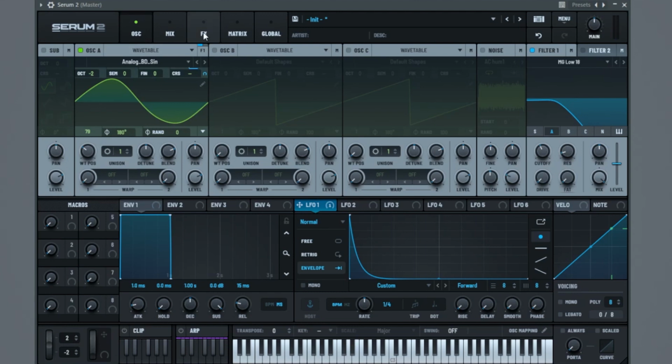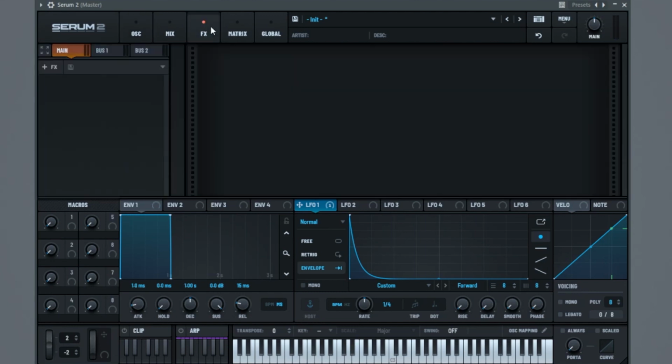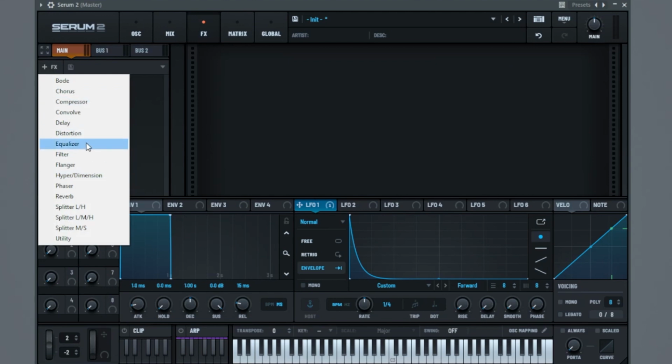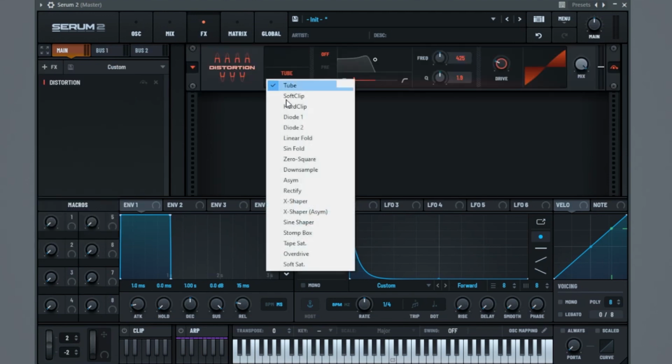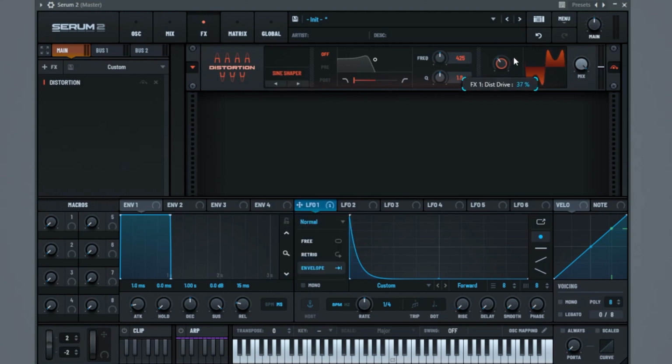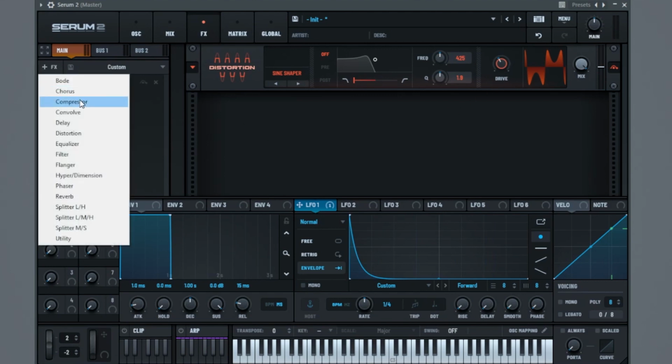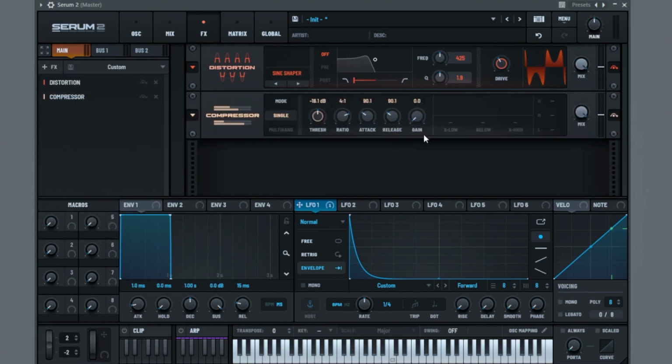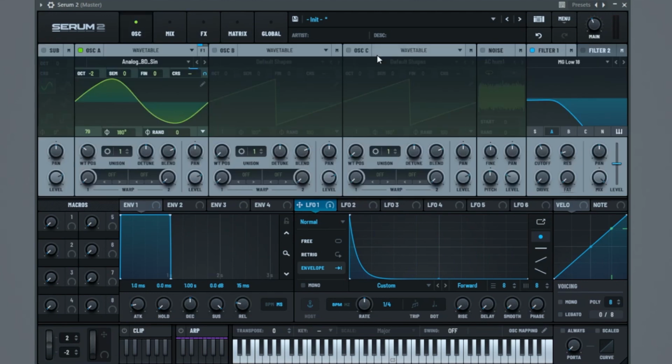Now we want to bring this sound out, and we can do this on the effects tab. So let's first grab a distortion, and we're going to put this on Sine Shaper all the way down here, and we're going to whack this on 40%. You can see we're starting to get that sound out. Let's just add a compressor. We can boost this louder if we want. And then we've got the core of the sound,